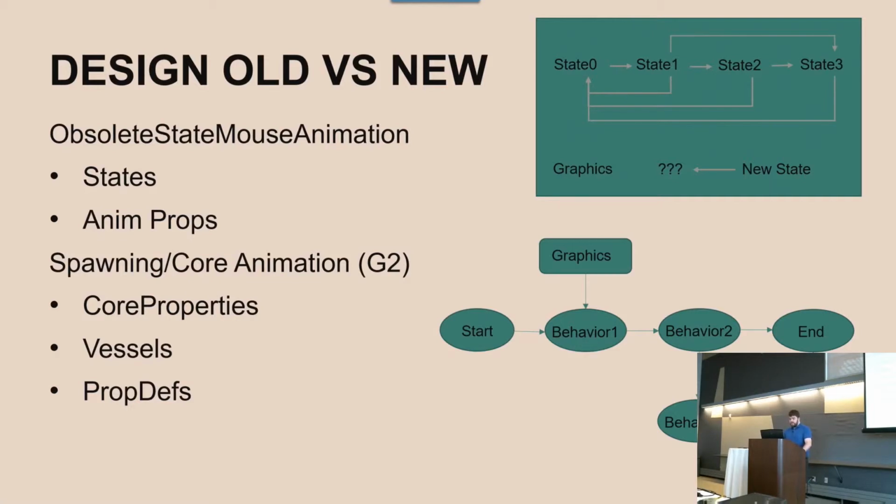Then we have an example of animation G2. So the animation starts up. It spawns a vessel, which is its behavior, its main behavior. That vessel is responsible for having graphics. In this example, I like to think of essentially going from a point to a point and drawing a line. So the first behavior is picking the first point, and then once you have picked that first point and the animation responds to the user's input,